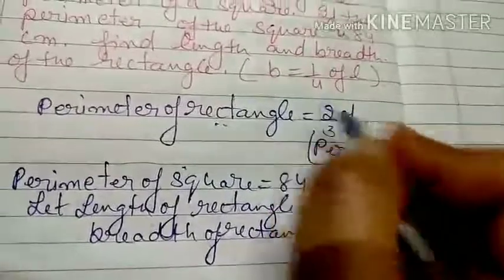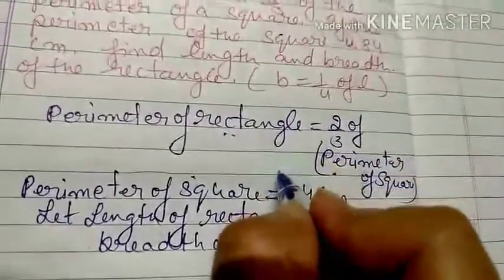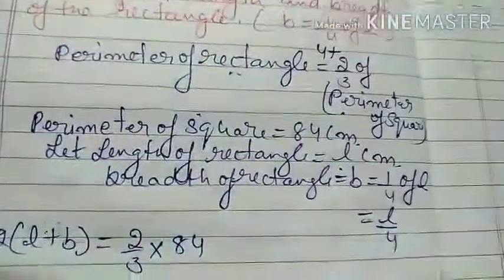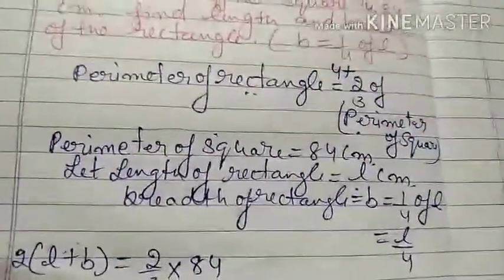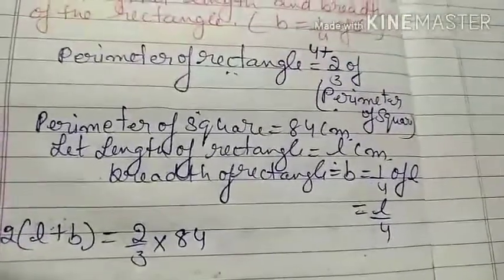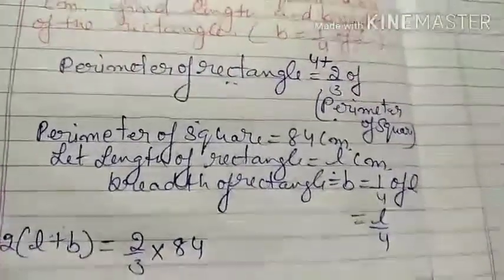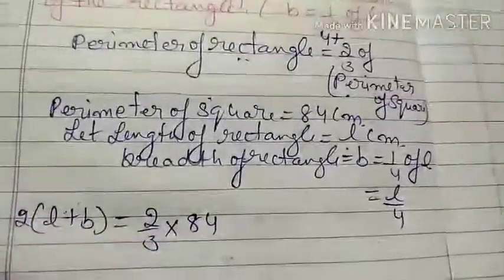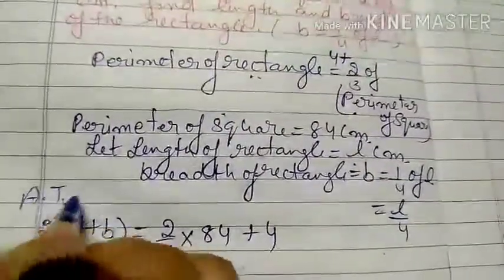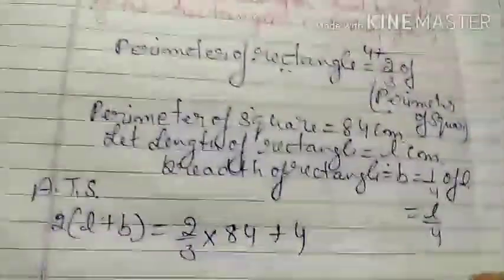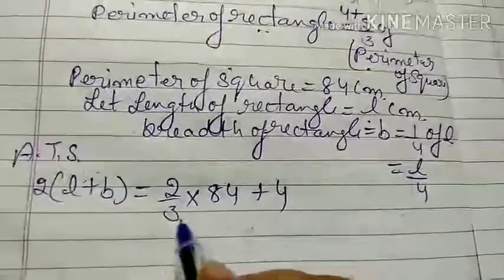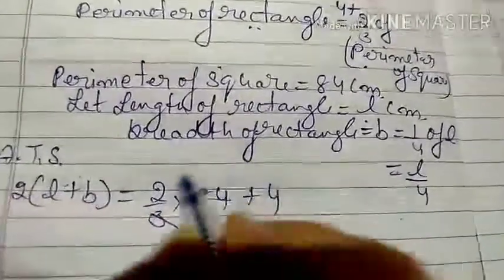It means here 4 should be added, because to find the perimeter of the rectangle, 2 by 3 part of the perimeter of square and plus 4 centimeter is added, so that gives you the required statement according to your question. Okay, now here when you cancel this one,